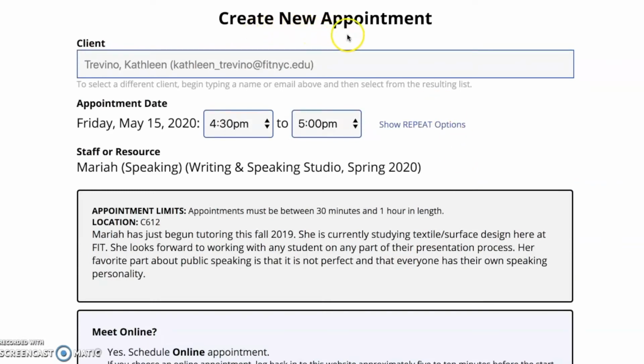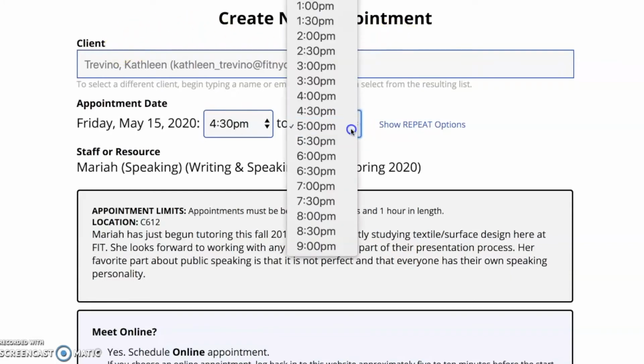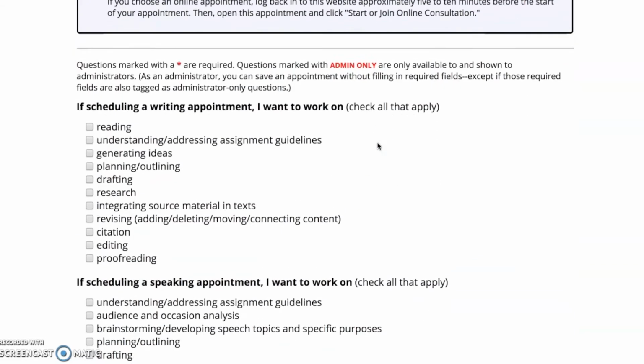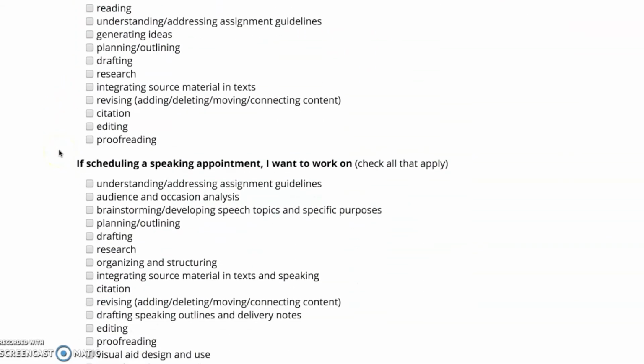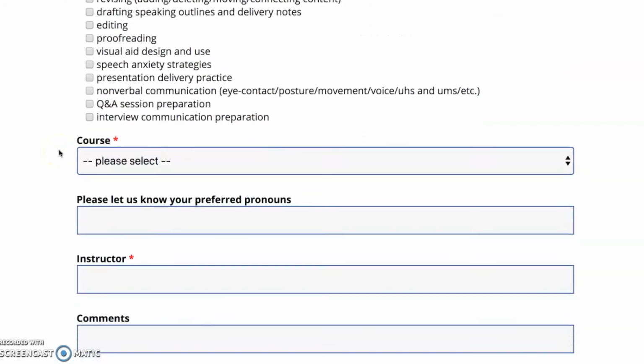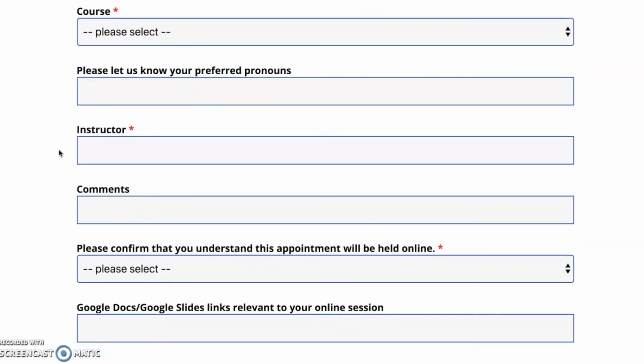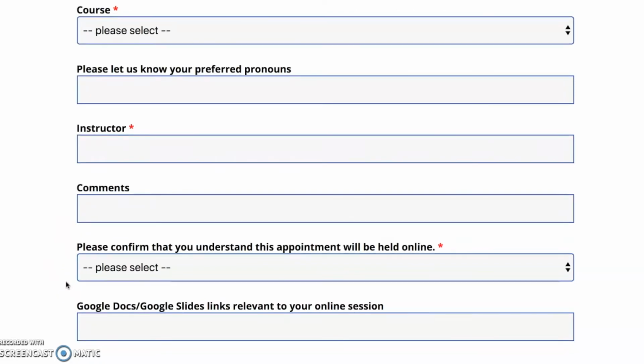Once you've clicked on a white box, a page titled Create New Appointment will pop up on your screen. Start off by filling your name and appointment time at the top of this page. Then, fill out all other information and keep in mind that all questions with the red asterisk are required to proceed. We ask for your class name, professor, and project description so tutors can be best prepared and make an effective use of session time by knowing this information beforehand.